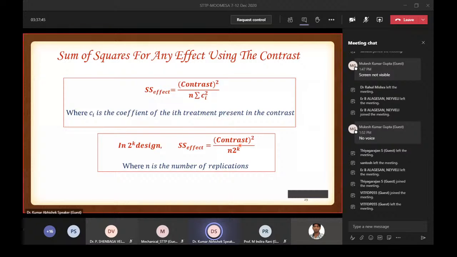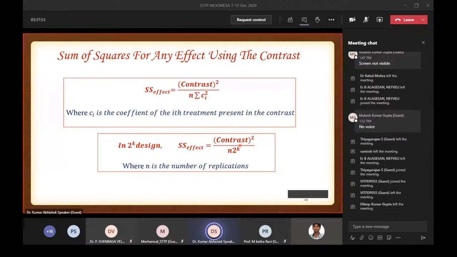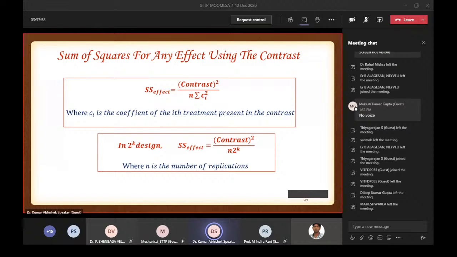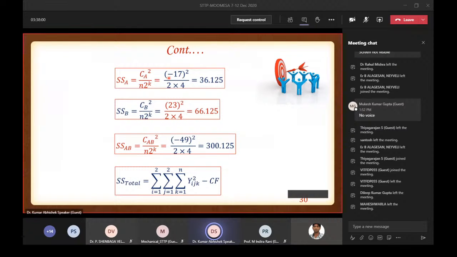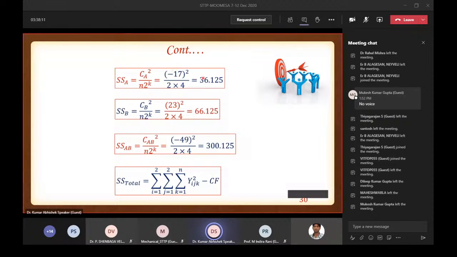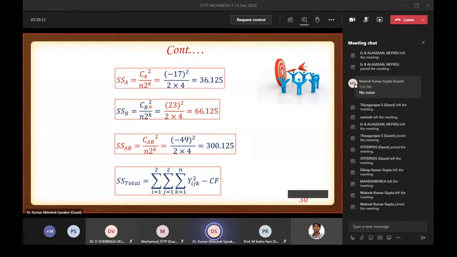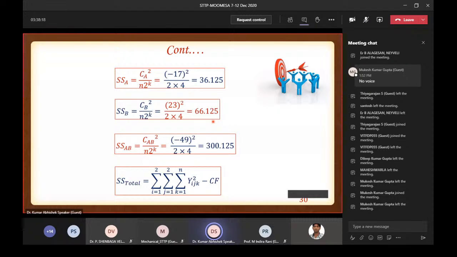It is the value, जब कोई भी फैक्टर अपने हाई लेवल पे रहता है और अपने लो लेवल पे रहता है, तो उन दोनों में डिफरेंस जो होती है, दिस इज टर्म डिनोटेड एज द कॉन्ट्रास्ट। एंड इफ यू लुक हियर, इफ यू लुक फॉर द कॉन्ट्रास्ट ऑफ द CA, यू हैव फाइंड आउट इट इज -17। हम इसको स्क्वायर इसलिए करते हैं क्योंकि हम इसका निगेटिव इन्फ्लुएंस को हटाना चाहते हैं। ठीक है, तो निगेटिव इन्फ्लुएंस हटाया, इसकी वैल्यू कितनी है, 36.125। फैक्टर B की वैल्यू कितनी है, 66.125। इंटरैक्शन की कितनी है, 300 प्लस 125।